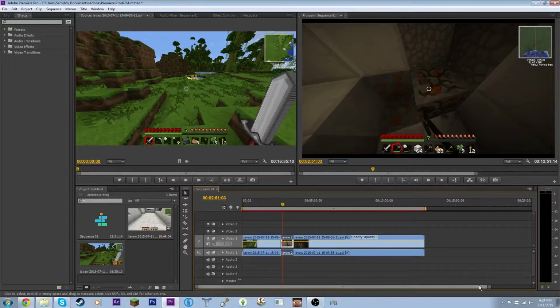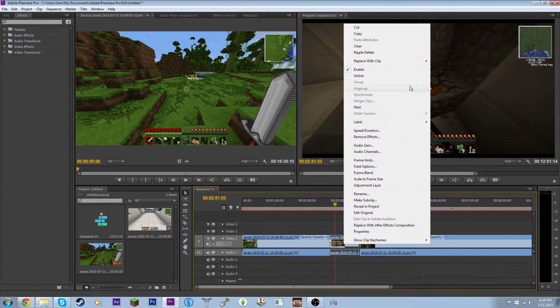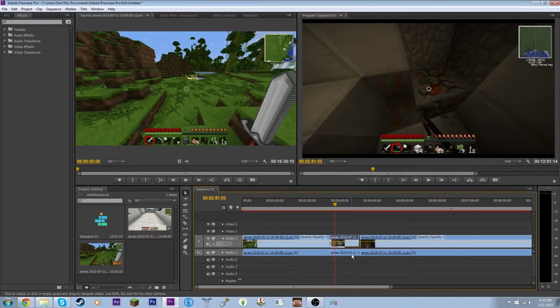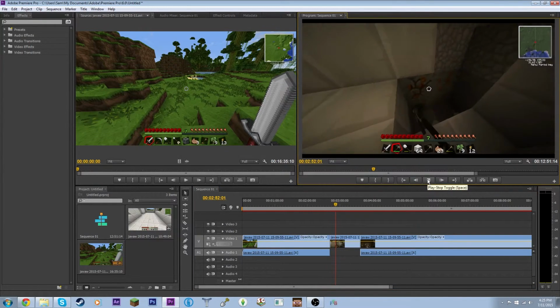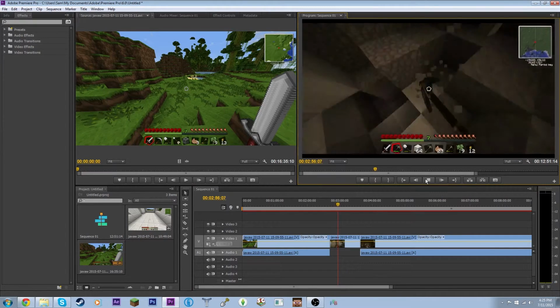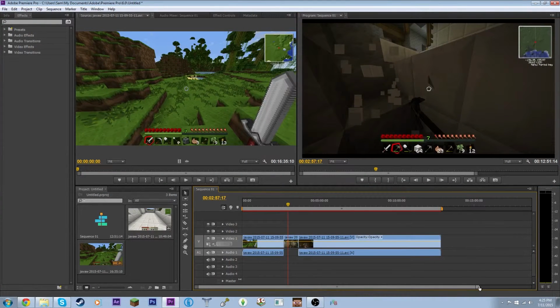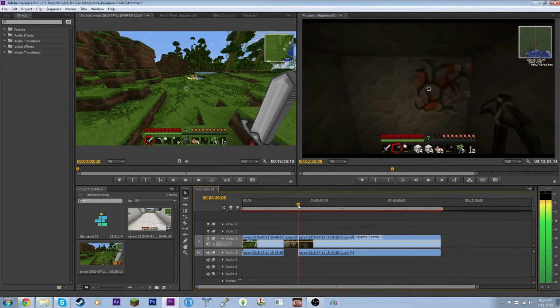If you want to remove the sound of you breaking blocks and stuff, you want to right click and press unlink, because that'll unlink the video from the audio, and then you just click the audio and press delete. And now if you play it, there's no audio whatsoever. And yeah, it's just sped up. You can play around with how fast it goes just by simply raising or lowering the number. And yeah, and then once you get to the end,